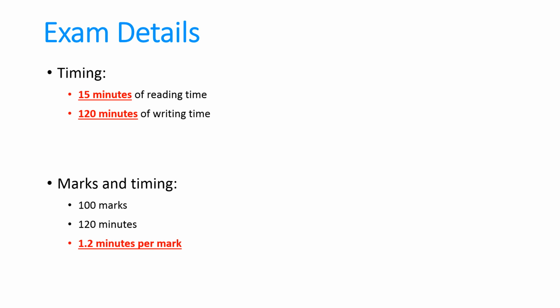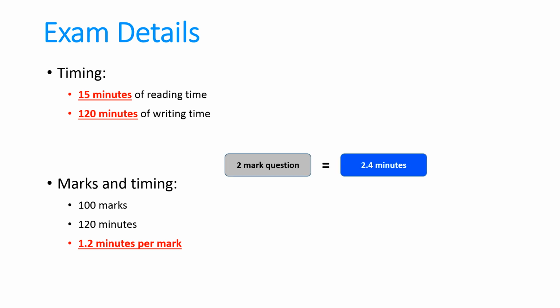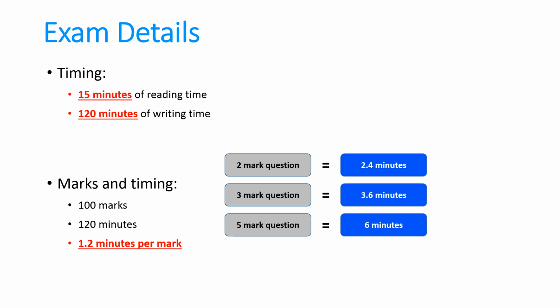and that works out at 1.2 minutes per mark, which isn't a nice round number, but what you want to be able to do is roughly, not exactly, just try and figure out where or how long each question will take and where you want to be up to at a certain point. So for example, if you get a 2-mark question, you've got about 2.4 minutes. 3 marks would be 3.6, 5 marks would be 6 minutes, 8 marks would be, let's call it 10 minutes,